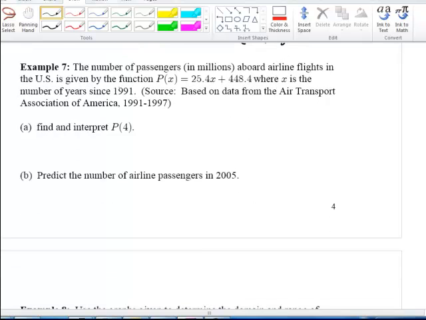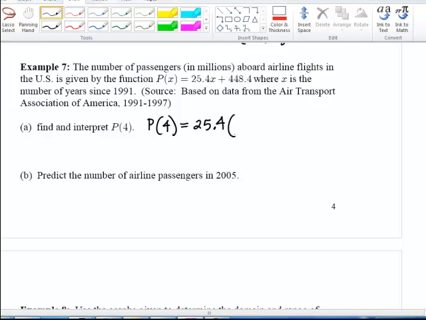Now we've just got a word problem using function notation. This is telling us that we've got a function that shows the number of passengers in millions aboard airline flights in the US, where the input is the number of years since 1991. So if I want to find and interpret P of 4, finding it is relatively easy as long as we have a calculator. We would say P of 4, taking x to be 4, would just be